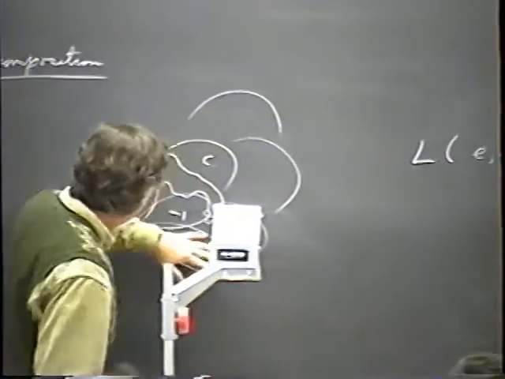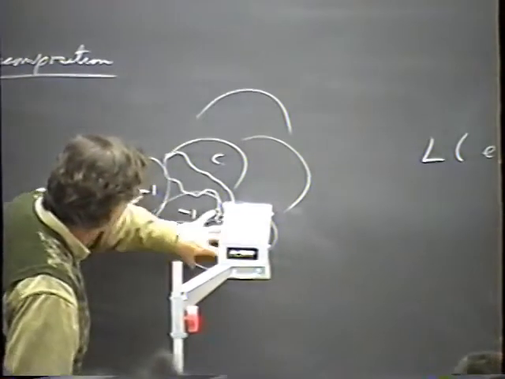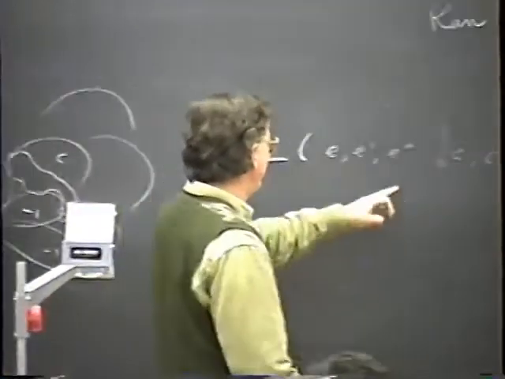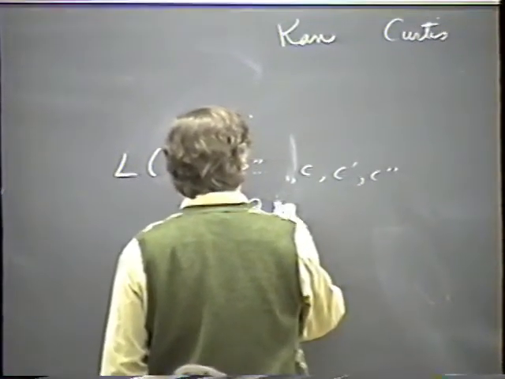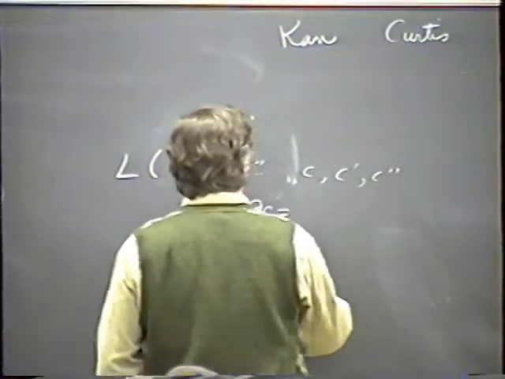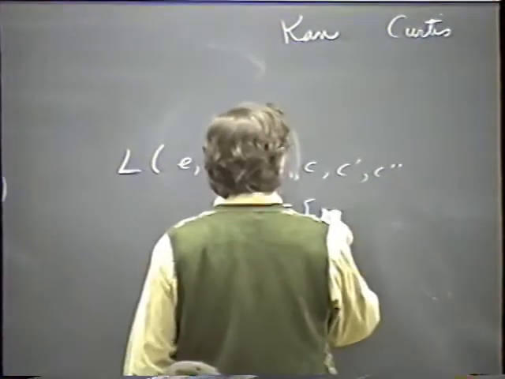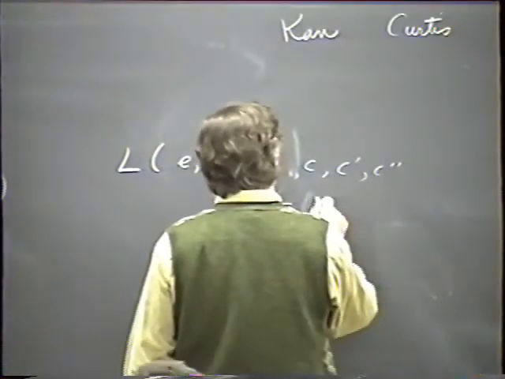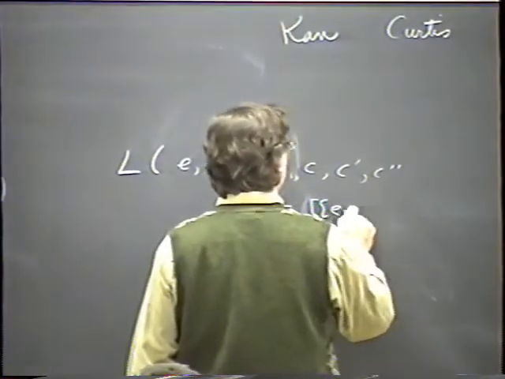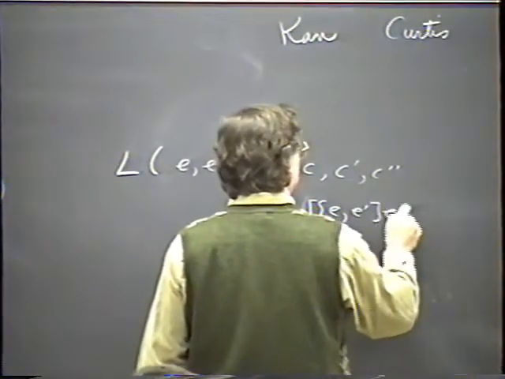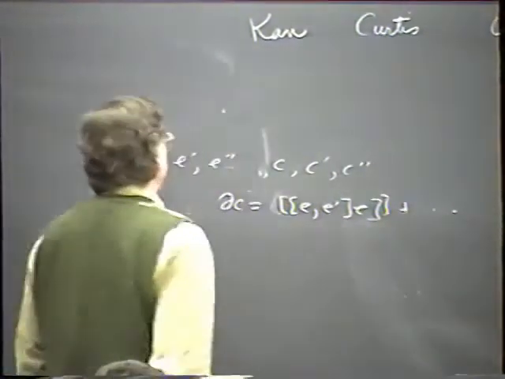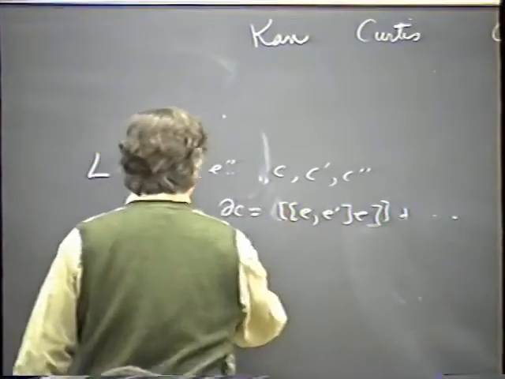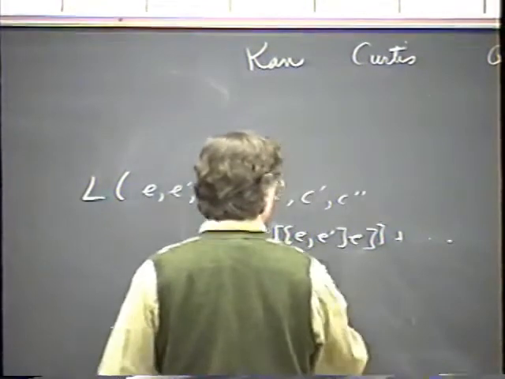It's in the homotopy groups of the space below, but that's just this Lie algebra. So you can define that the boundary of C is going to be like whatever formula. It could be bracket, bracket, E prime, E, plus some other expression, and then you do the same thing for C prime,